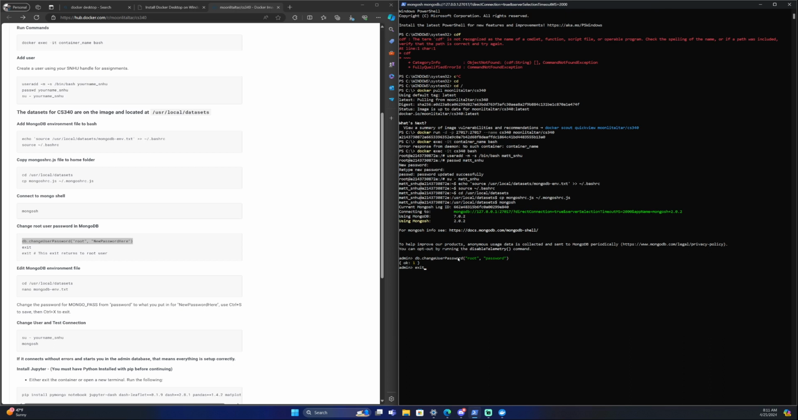The password for root is password. And we're going to exit. So we're exiting out of the Mongo shell and we're on our user account, which, mine's Matt at SNHU. We're going to exit one more time to the root user, and then we're going to go back to that datasets folder as the root user, and we're going to open that